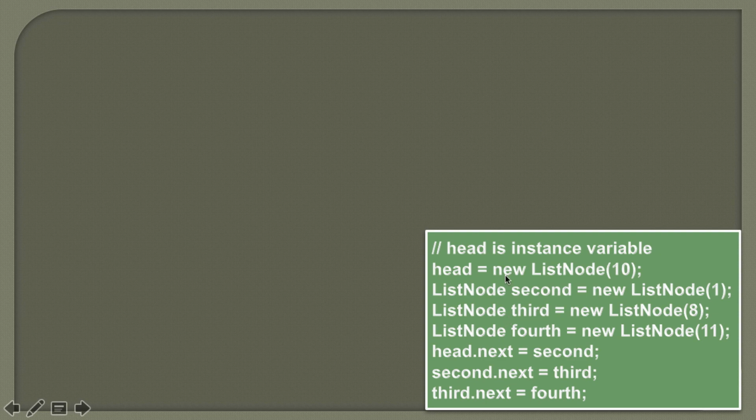So friends, here is the code which can add a few nodes in the singly linked list. We will also discuss the other ways to insert nodes into the singly linked list. So let's see the demo of the code step by step. When we initialize a singly linked list, it contains an instance variable head which is of type list node, and usually head points to null because at the initialization of the singly linked list there are no elements in the list. So at first head points to null.